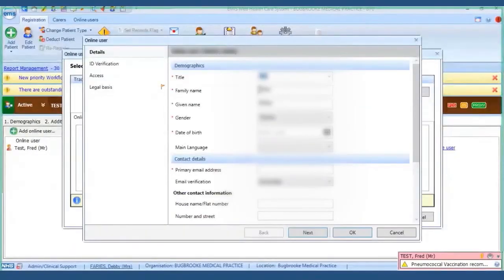So here I try to give the title of the care home name so that all the staff at the surgery will know who they are when you're trying to look for them, or if you end up doing a search for online users, which I can show you how to do in a little while. You can do a search to look at online user logins and seeing how they're using their user password and login. So it's really useful if you put the care home name in, so they'll know that that person is attached to that particular care home. So here I try to do, let's do Clare House as a care home there, and